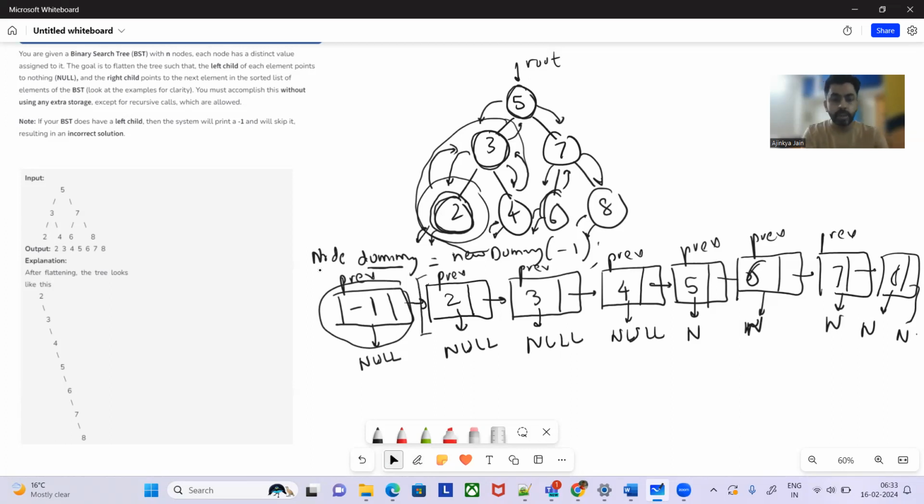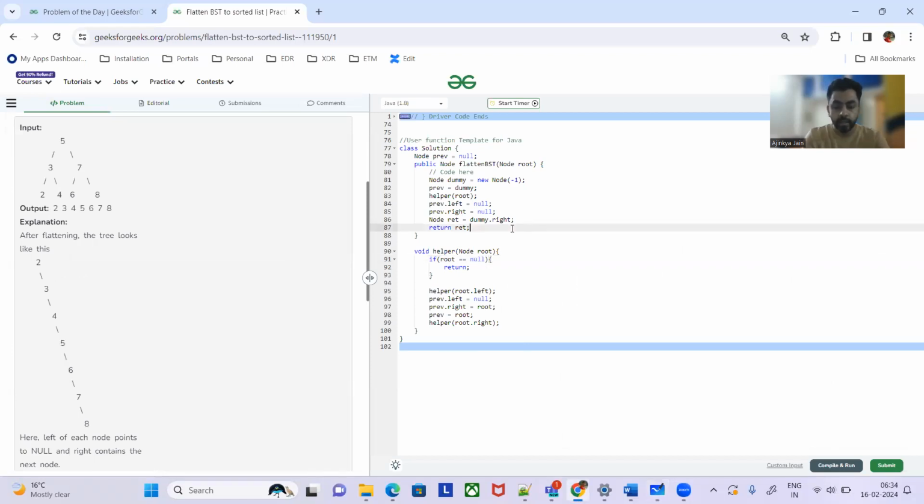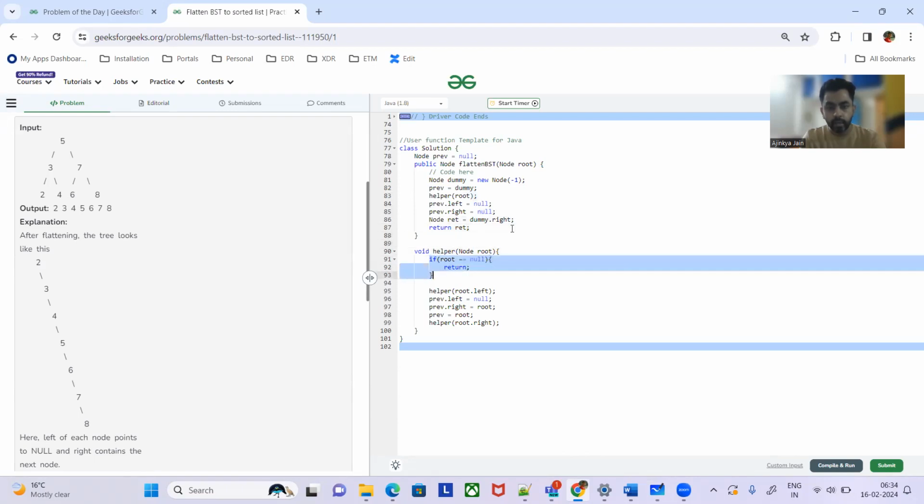So this is the intuition. Let's quickly see the code. First we'll see the Java code as I've explained. We'll take a dummy node. We'll also see the C++ code. We have marked dummy as previous, and then we go to the helper. The base condition: if the root is null, we return. Then we first process the left. We'll go to the left subtree. Once we hit the leaf,